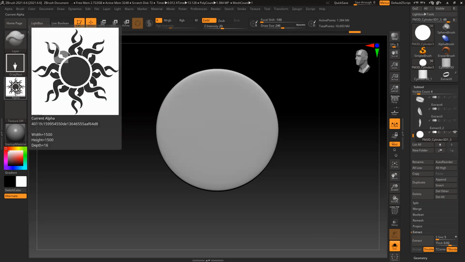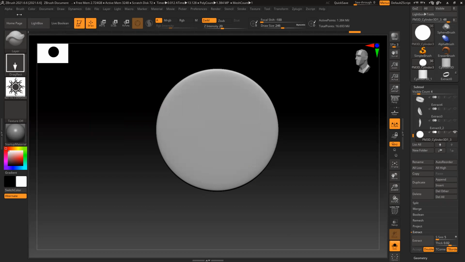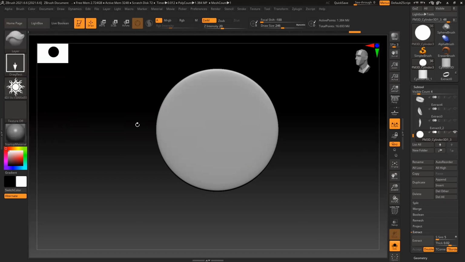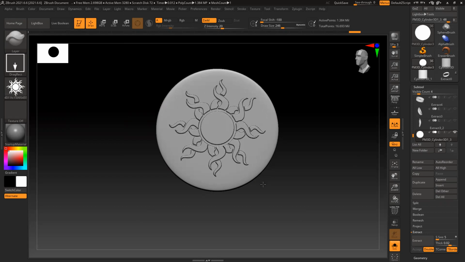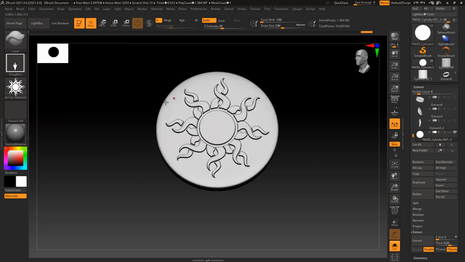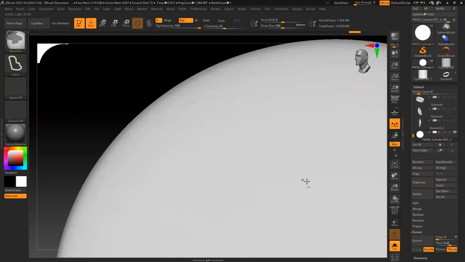Black is basically going inside, white is coming outside. I don't want this, I want the inverse of this, so I go to alpha, invert. You don't have to manually go to Photoshop to do it. You can do it directly in ZBrush. So the center, I can drag it, and that small watermark or something that is outside this design, nothing will be visible anyway. The only problem is you can see this thin line. Is it visible? The boundary of this thing.